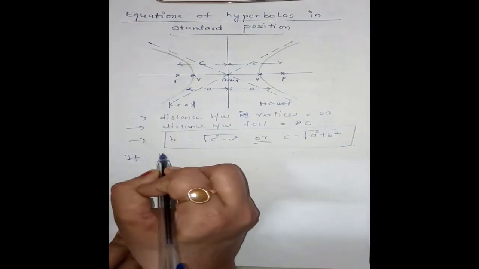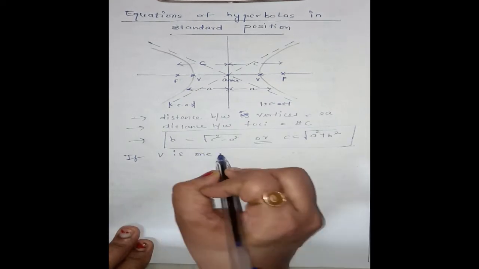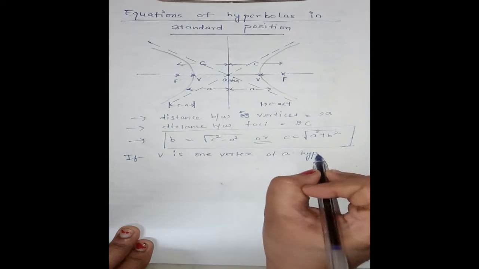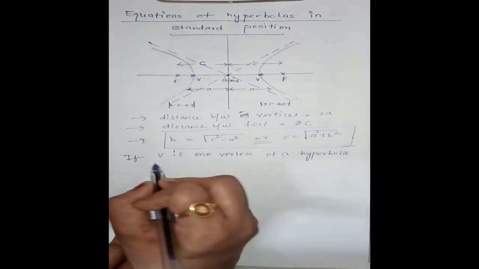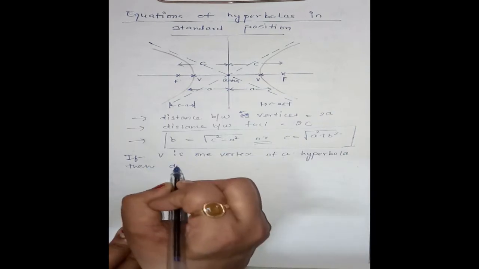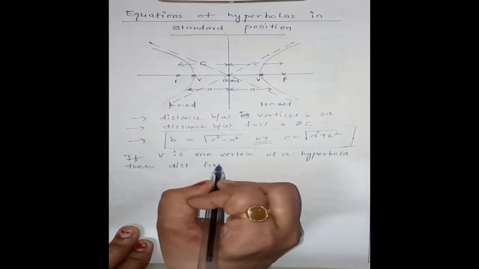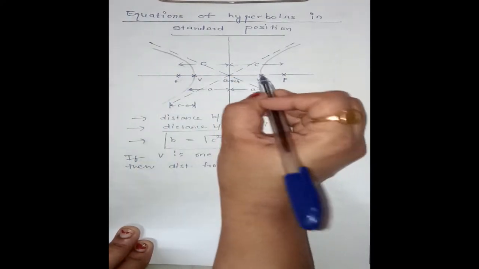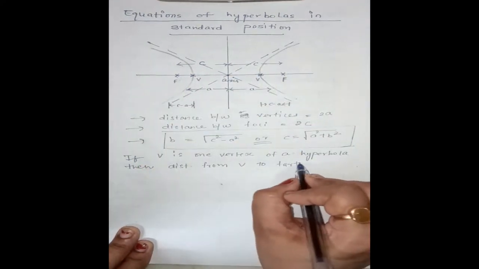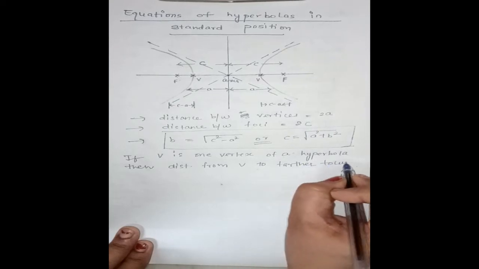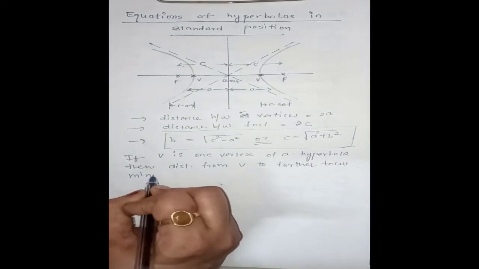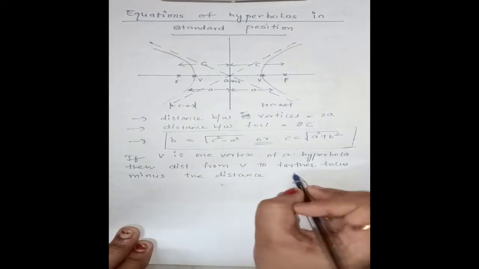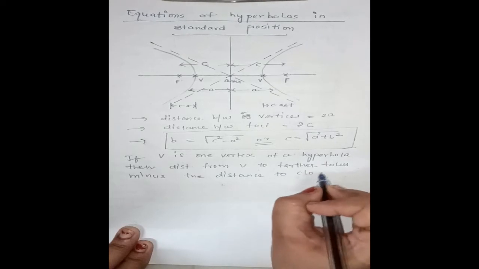If v is one vertex of a hyperbola, then the distance from v to the farther focus, this one, if this is v, we are taking this from the farther focus, minus the distance to the closer focus